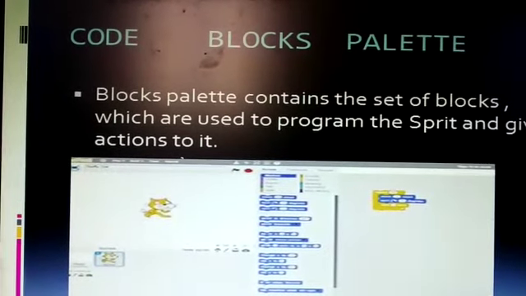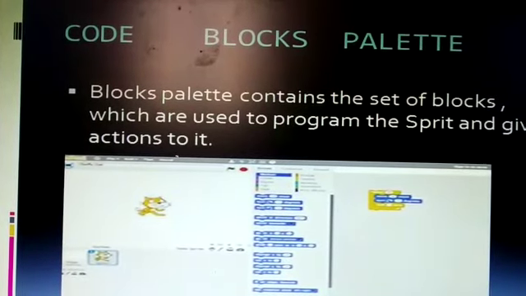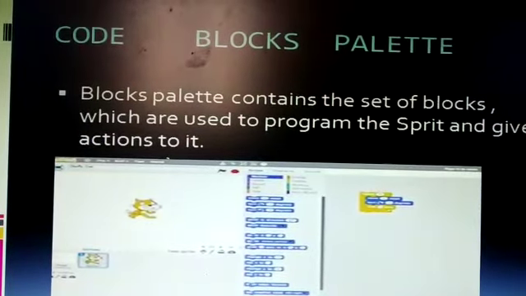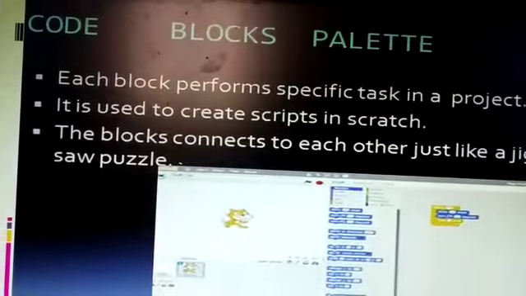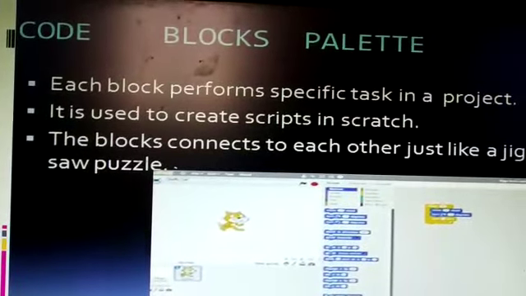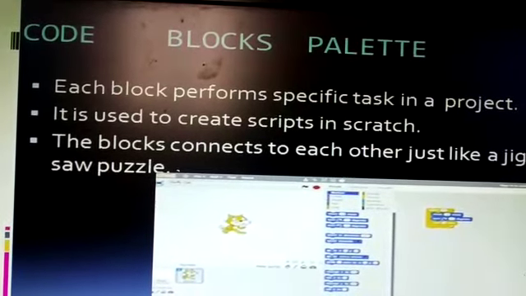Now students, the next topic is the code block palette. The block palette contains the set of blocks which are used to program the sprite and give actions to it. Each block performs a specific task in a project. It is used to create scripts in Scratch.